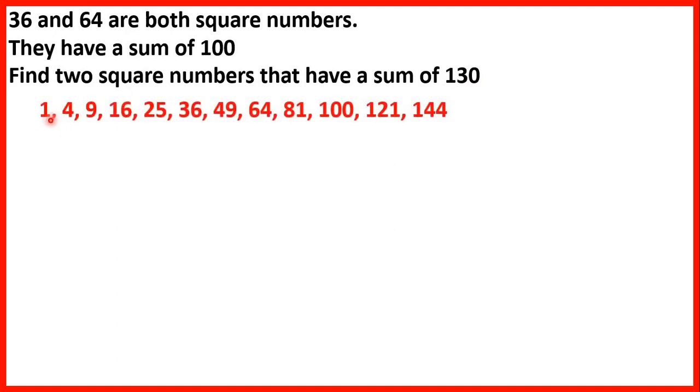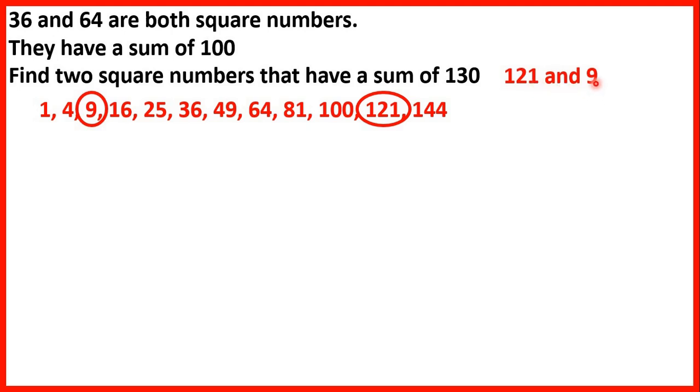So if we write out our square numbers, we have 1, because 1 times 1 is 1, 2 times 2 is 4, 3 times 3 is 9, 4 times 4 is 16, and so on. So we need to make 130 from these numbers here. So if we start with the number that's just a bit less than 130, we have 121. And to make 130, we need another 9, and that's a square number as well. So our square numbers could be